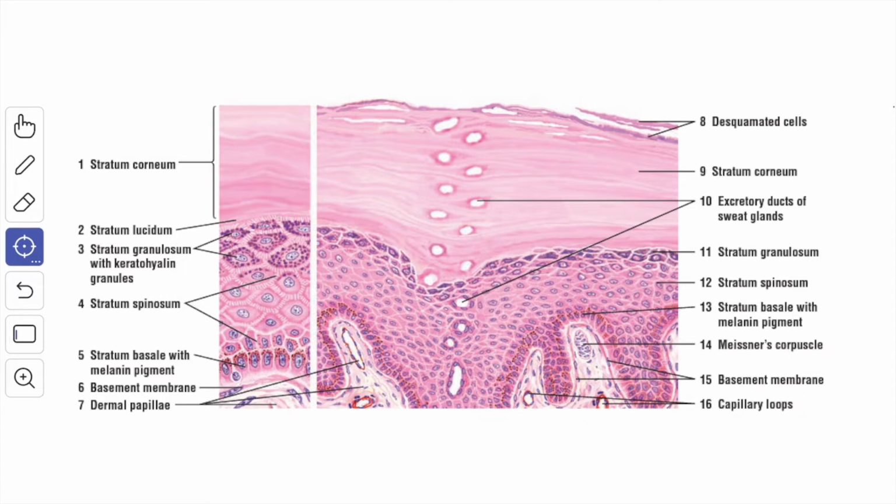When you see the layers of the epidermis, first is the stratum basale. So this is the base layer. This is the stratum basale. It is the deepest layer, or the basal layer, of the epidermis and it is made up of a single layer of columnar cells that rest on the basal lamina.